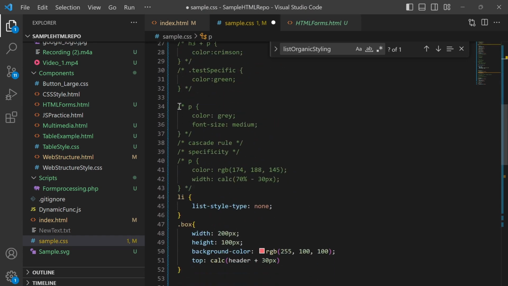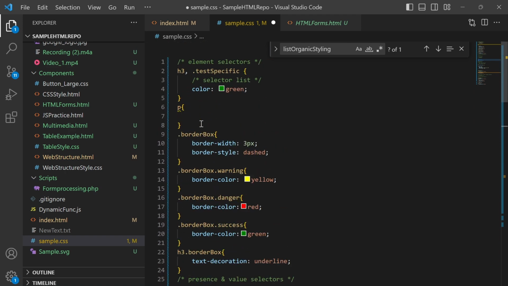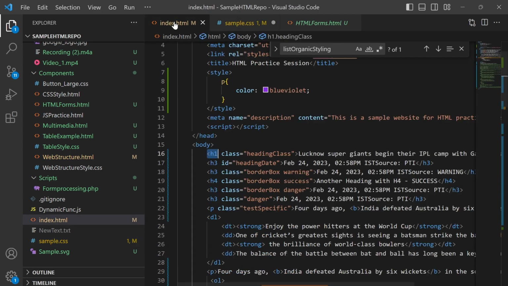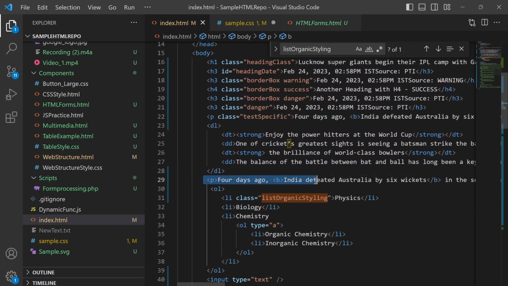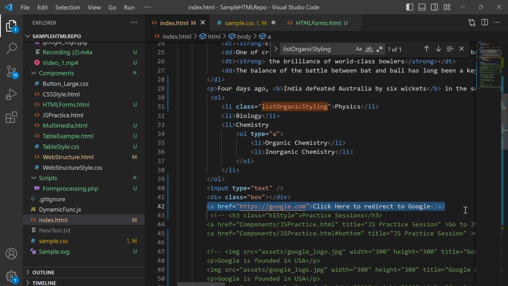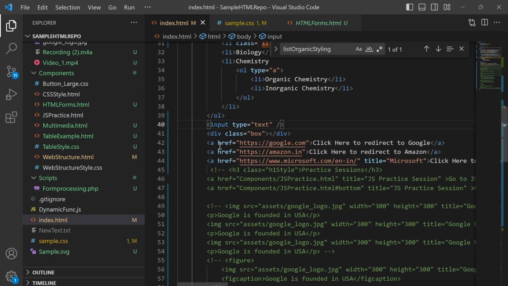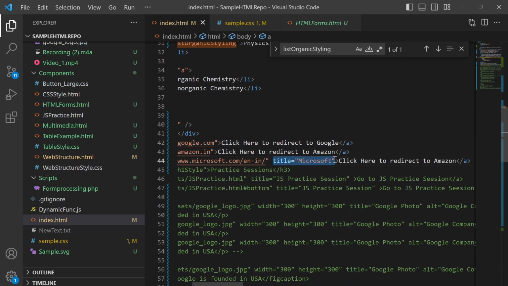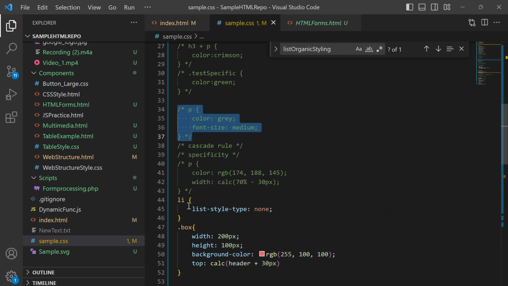Okay, these are normal element selectors. Along with that, if we want to specifically target a particular p element, we have multiple p elements. Here I have one p element, this is another p element. Or if we have multiple anchor tags, now I have three anchor tags or hyperlinks with Google, Amazon and Microsoft. One having just href, that is where it will redirect, and the last one is having title. So if I put an element selector with a tag,